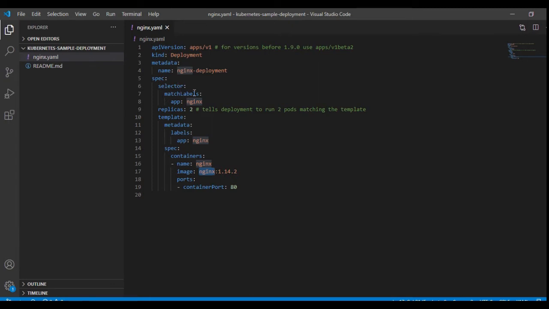Otherwise, how would the deployment object find where to apply this configuration? Based on the label, it finds which pods it needs to manage. This is the very basic YAML file written for the Nginx deployment. There are many different tags you can use, but here we are just doing a sample one.